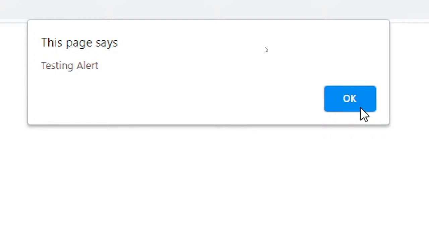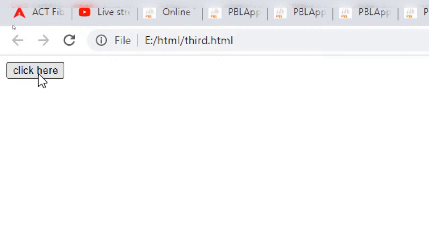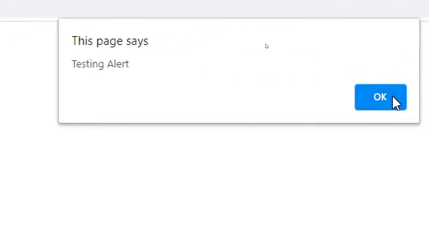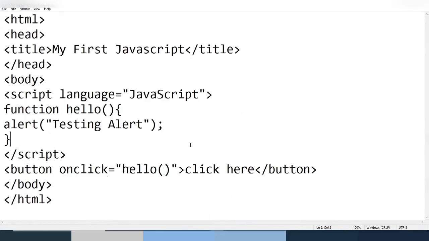I hope you are able to see this and understand this. So this is how you can use the alert, and most of the time we will be applying this particular alert in our regular application development. Then click on OK. So this is how you click here, and then you can see the alert window appear. And now let's look at the other. The next one we will see is